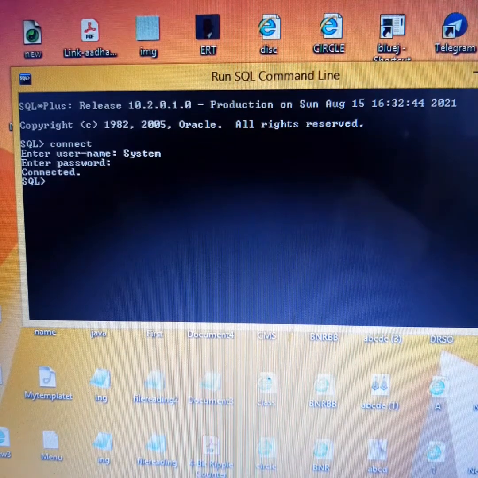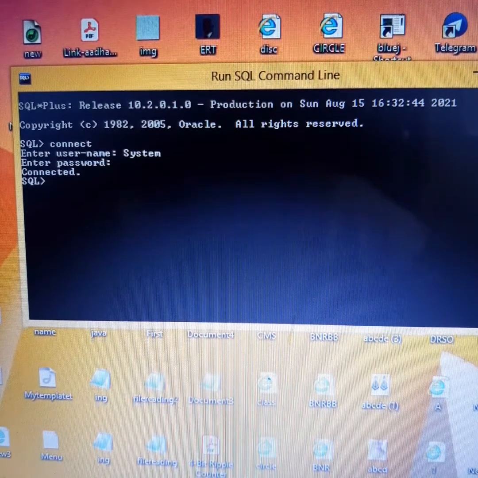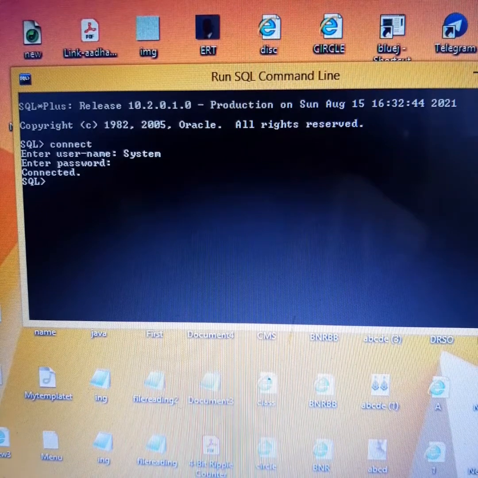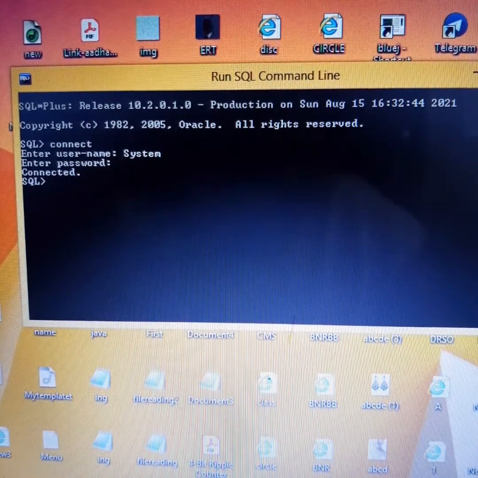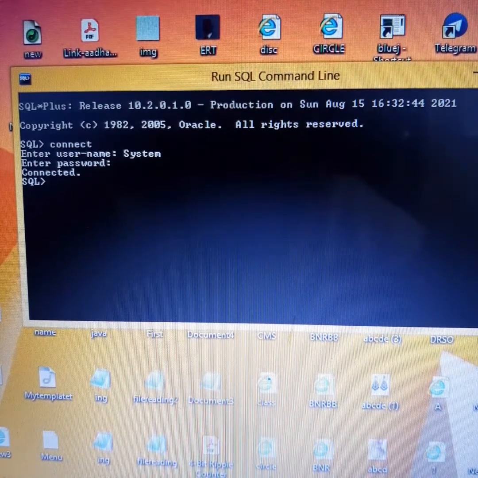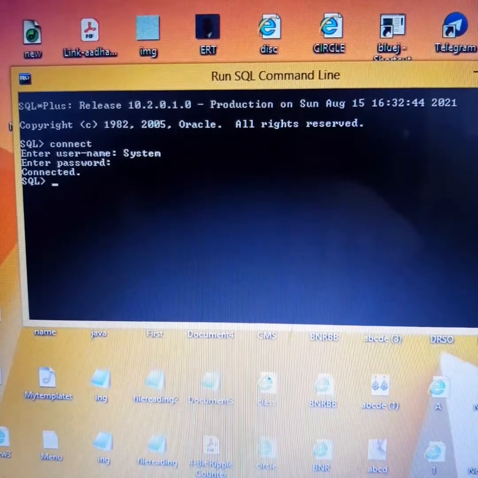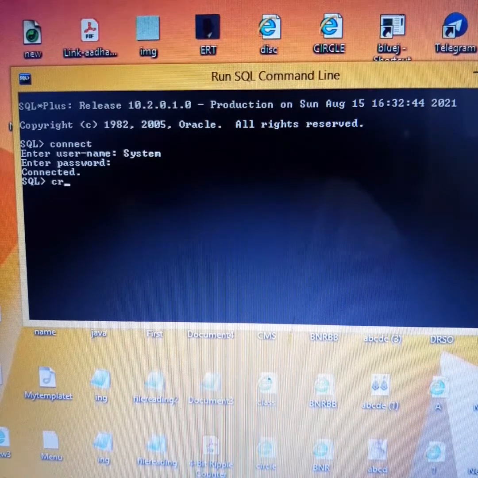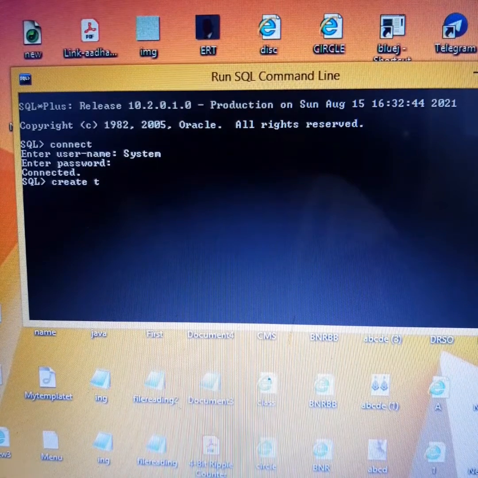See, for unique, what is the main funda is, if we are creating an attribute in a table and giving it a unique constraint, it means, suppose you are creating name, that no two names can be same. If you have kept any name as Amit, you cannot keep any other name by the same name Amit. Let's see how do we create a table using unique. Create table.